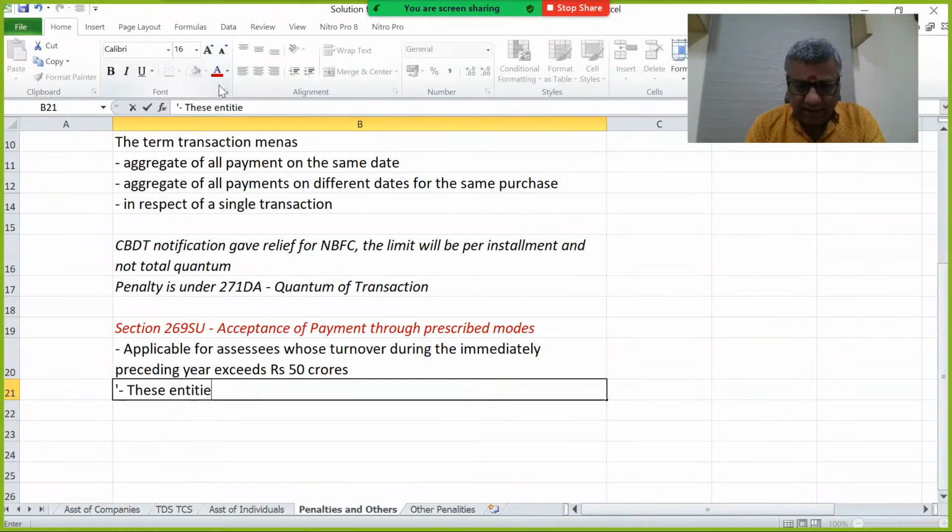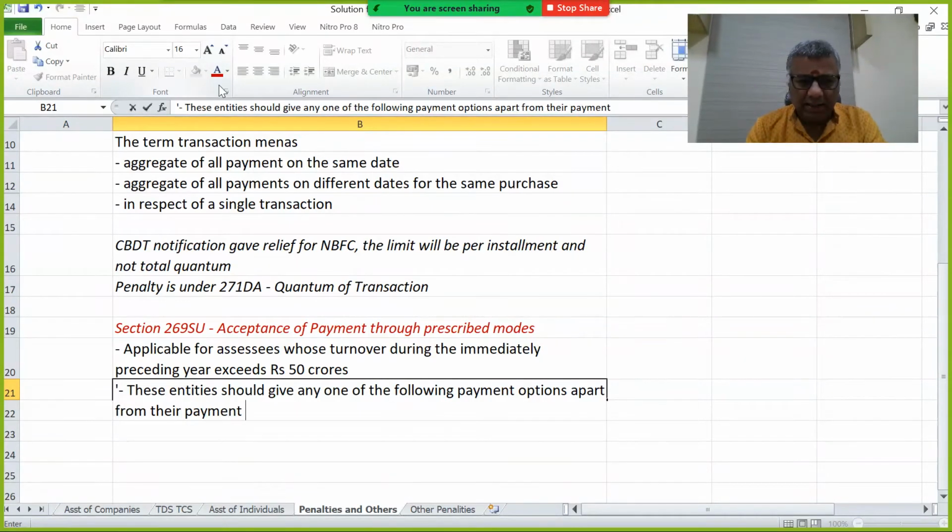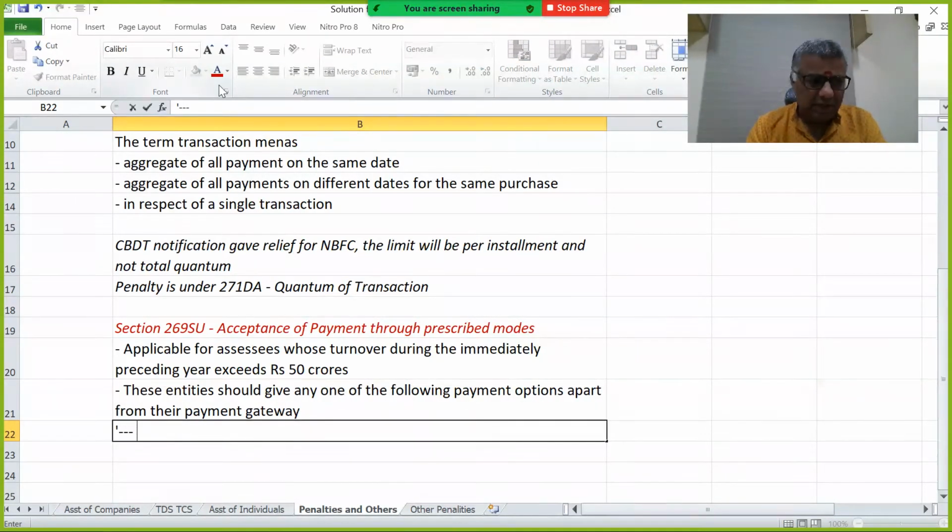These entities should give any one of the following payment options apart from their payment gateway. They might have their own payment gateway. Apart from this, they should give debit card